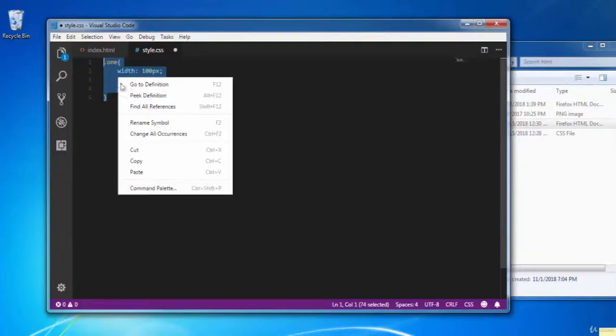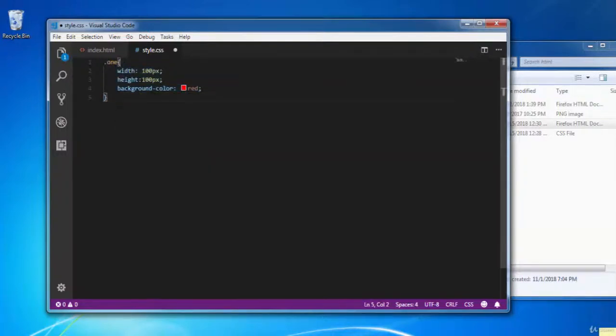So copy and paste this for our second box. Rename this to 2. And then change this color to something like, let's say, blue. Now save this